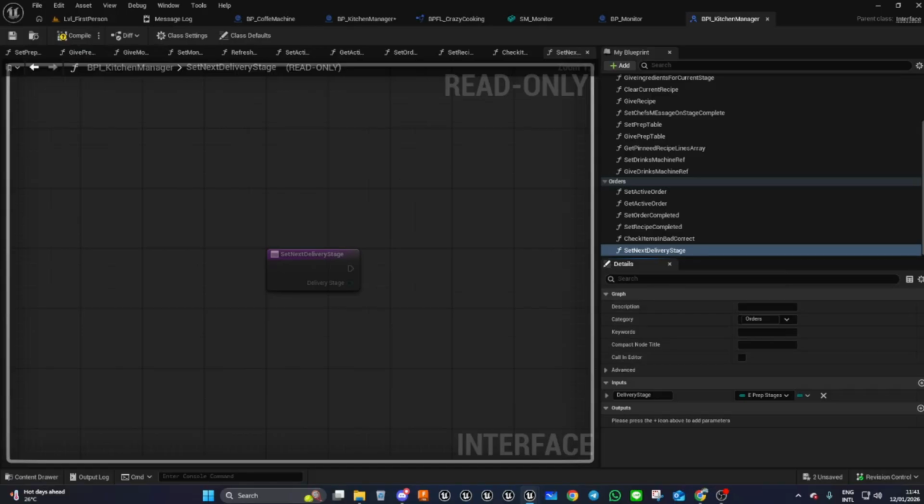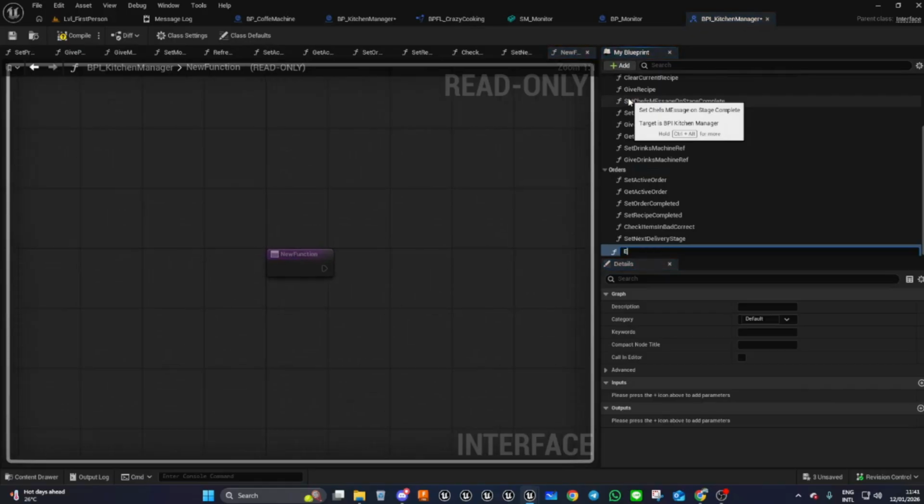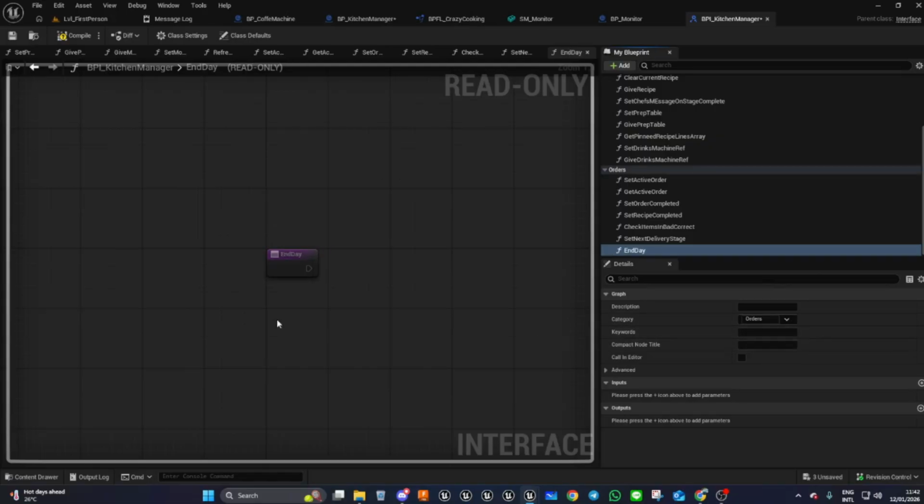And we're almost there. We have one called end day, and end day has no inputs, no outputs. We can go ahead and put that straight in our orders,